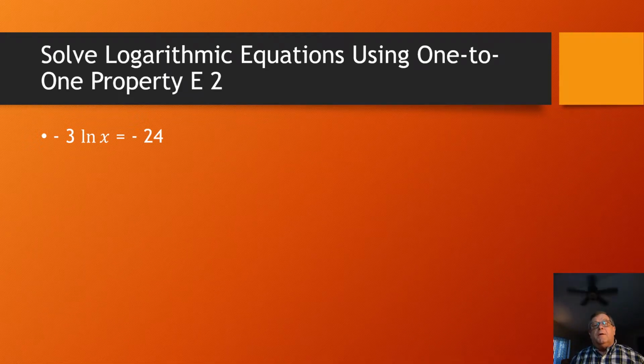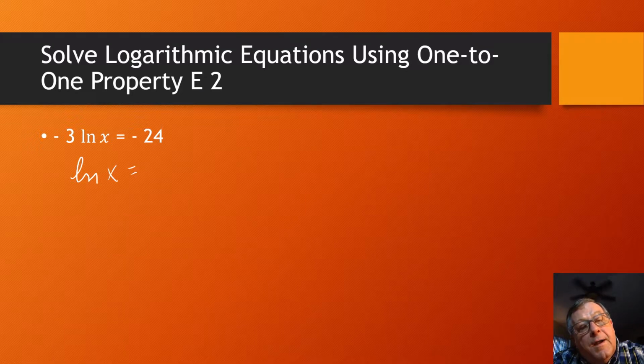Continuing to work on solving logarithmic equations using the one-to-one property. We've got about 3 examples we're going to work through here. The first one is -3 times the natural log of x equals -24. Let's divide both sides by -3 to start with. That leaves us with the natural log of x equals -24 divided by -3,